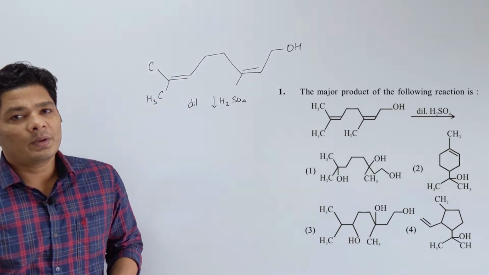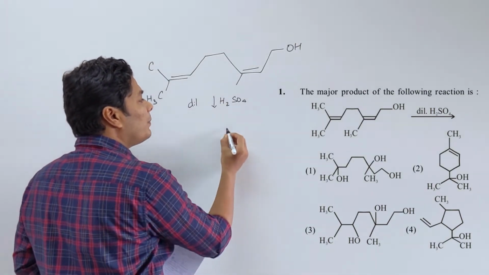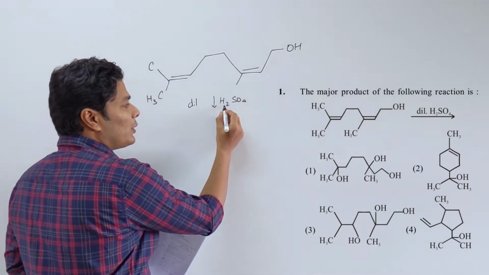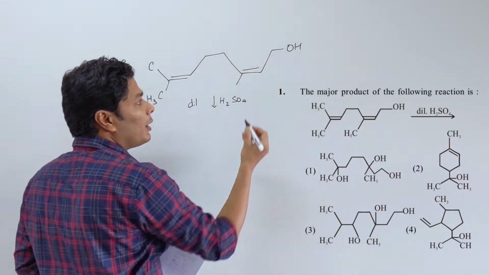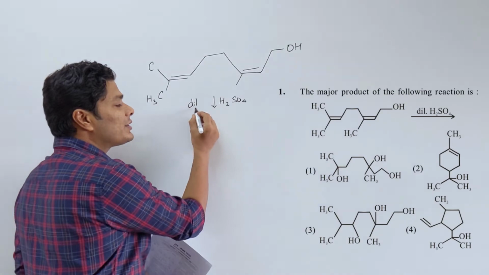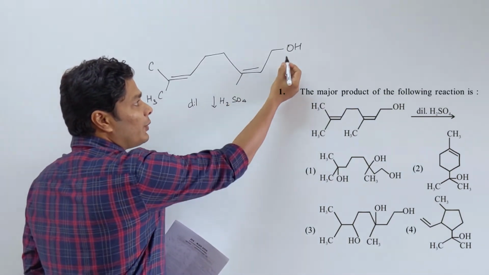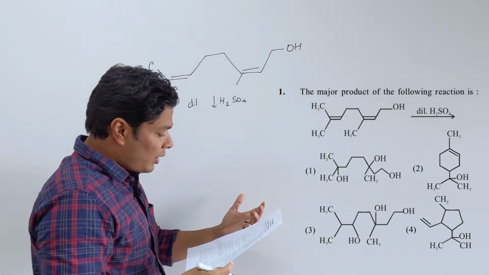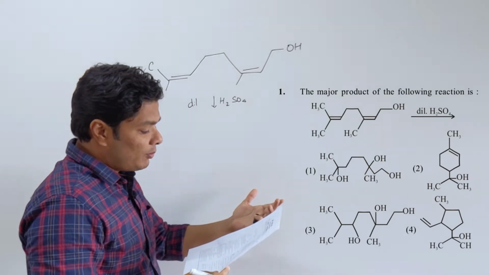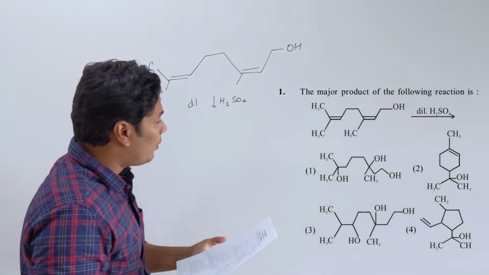First thing I always say to students is make sure that you look at the reagent given and what is the purpose of this reagent. It can actually donate a H plus and deprotonate it, but your final answer is not going to be a deprotonated product because it's dilute, it's not concentrated and heated. So it can initiate a reaction, remove the OH and form a carbocation. When you look at option alpha and Charlie, they don't have the double bonds, so obviously that is not okay. Now let's look into what can be done.